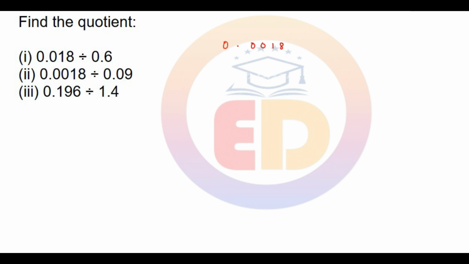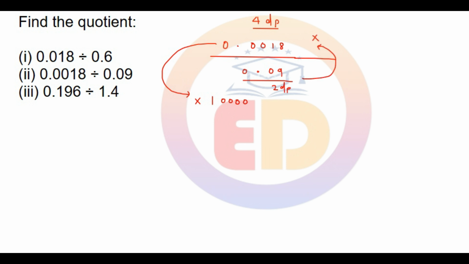0.0018 divided by 0.09. Now in the numerator there are 4 decimal places. If you want to remove these 4 decimal places, you have to multiply the denominator by 1, and after 1, for 4 decimal places you place 4 zeros. It is 10,000. In the denominator there are 2 decimal places, and to remove these 2 decimal places you multiply the numerator by 1. After 1 you place 2 zeros for 2 decimal places, so it will become 18 multiplied by 100